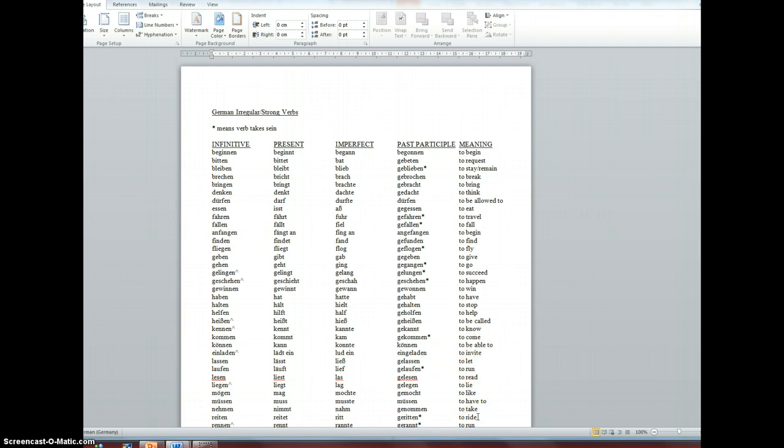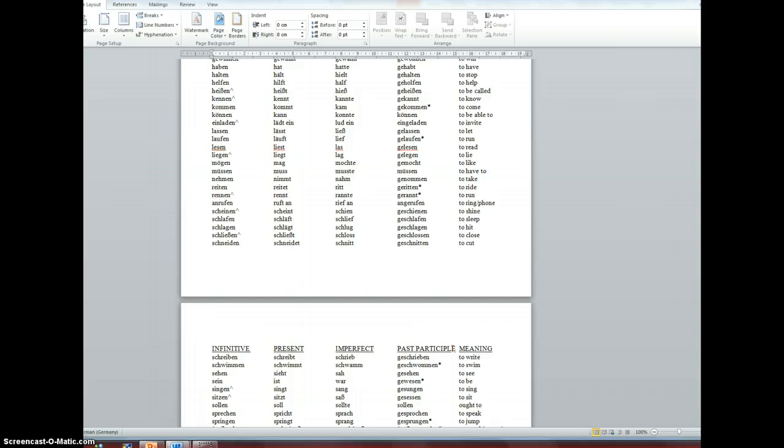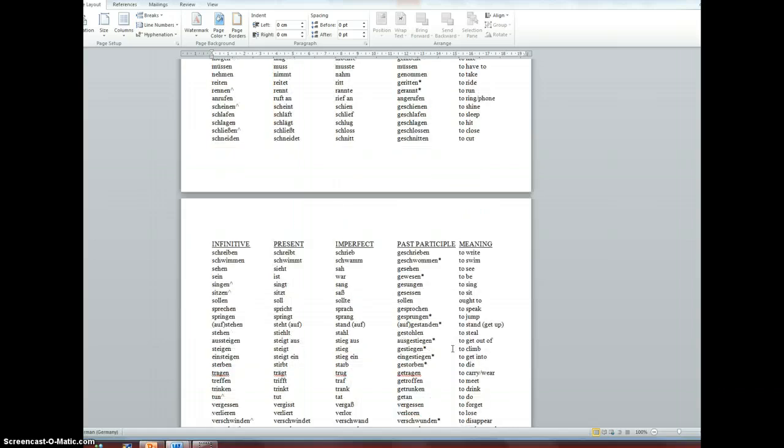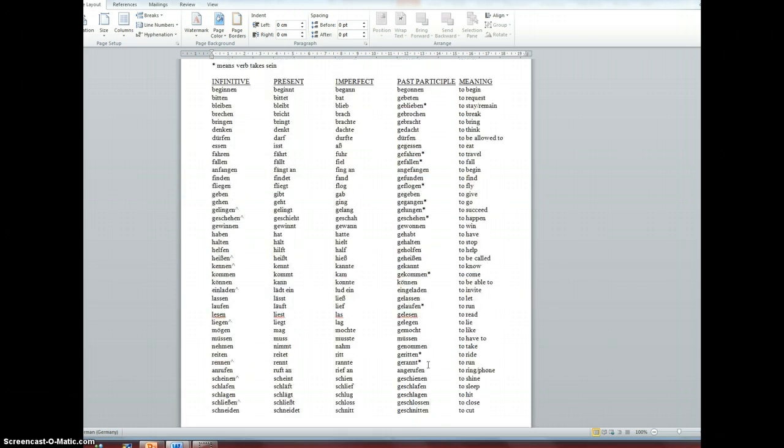Hopefully you can see that a lot of them are verbs of motion, about going somewhere or even not going anywhere, or changing state, i.e. going from one state to another, such as sterben, to die. Okay, also conjugates with sein, and that's one way to look at it.